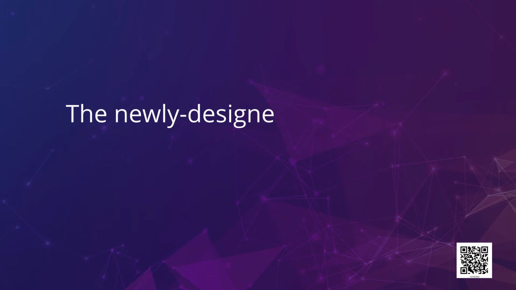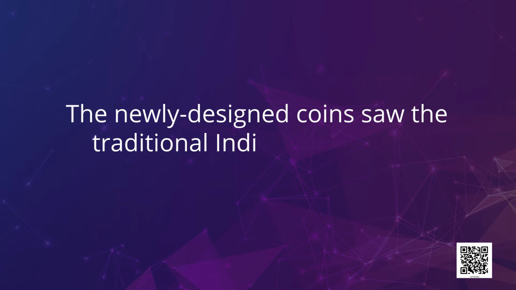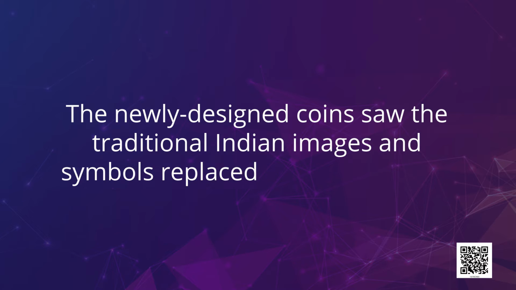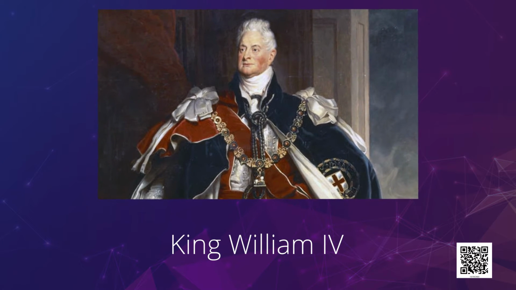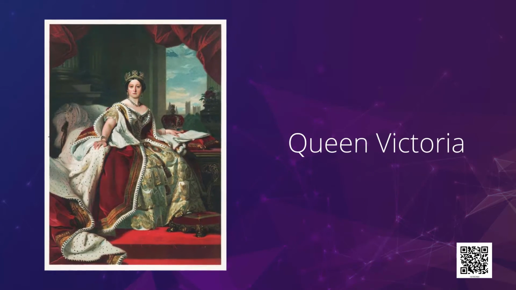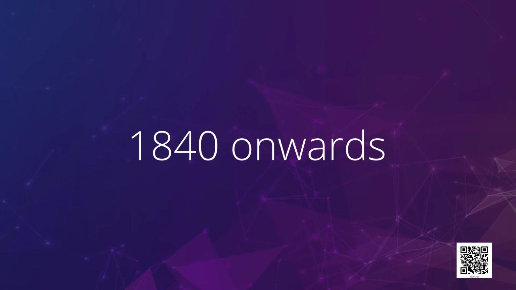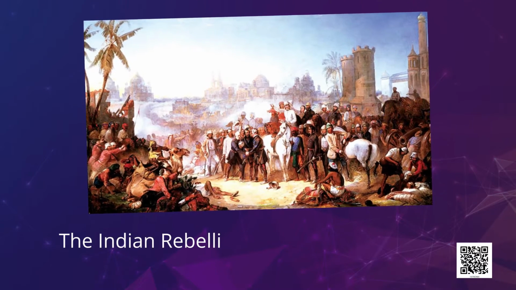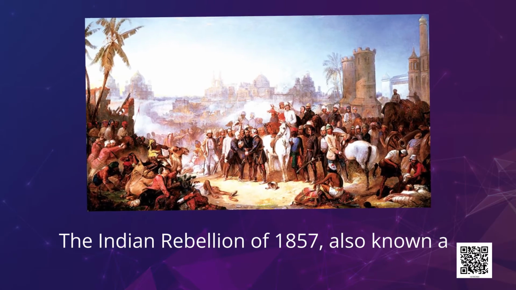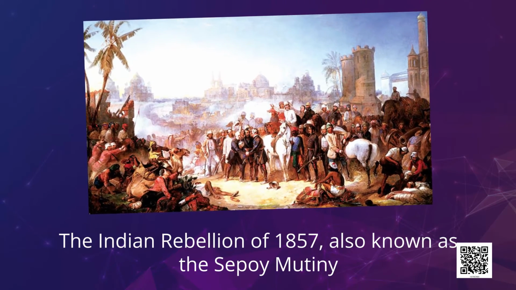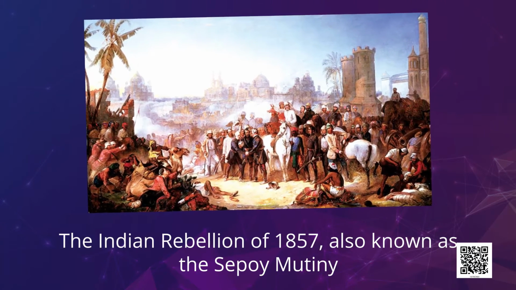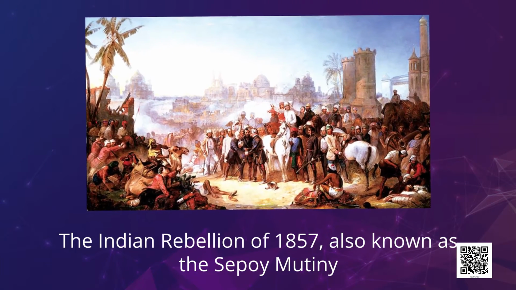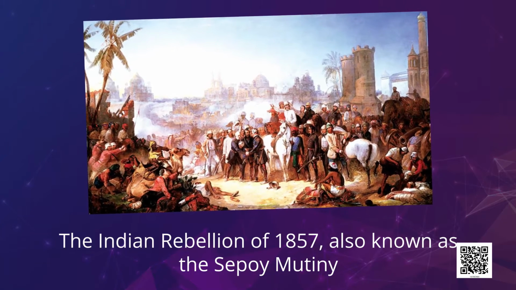The newly designed coins saw the traditional Indian images and symbols replaced with the effigy of King William IV, which was itself replaced by the portrait of Queen Victoria from 1840 onwards. However, it was only after the Indian Rebellion of 1857, also known as the Sepoy Mutiny, that the British declared the rupee as the official currency of colonial India. So, when cash was crowned the king,